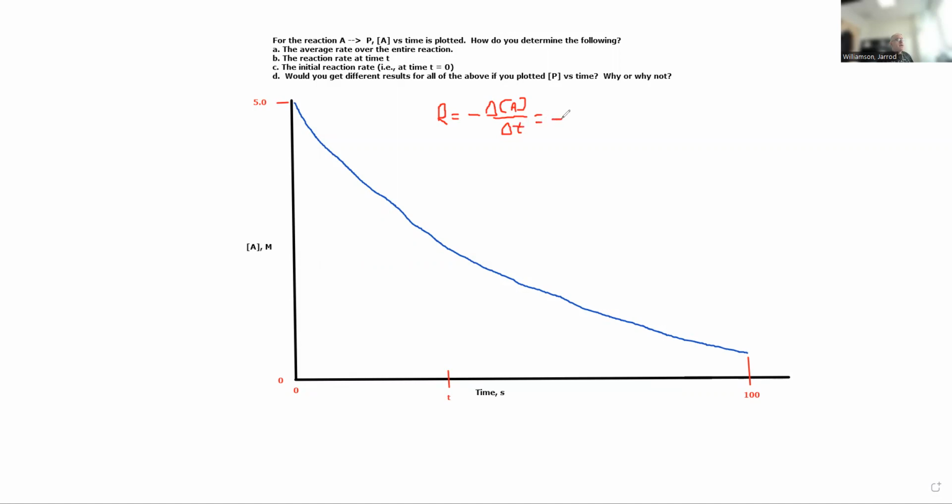So that'll be minus the concentration of A final. That's supposed to be square brackets. I'm writing with my mouse, so this is sloppy. Concentration of A initial